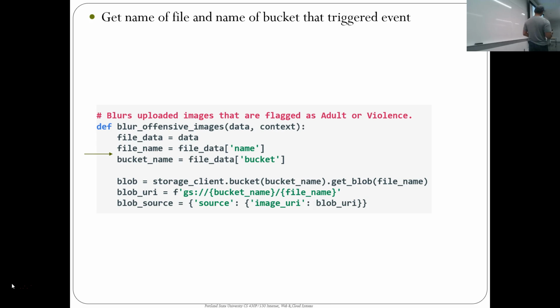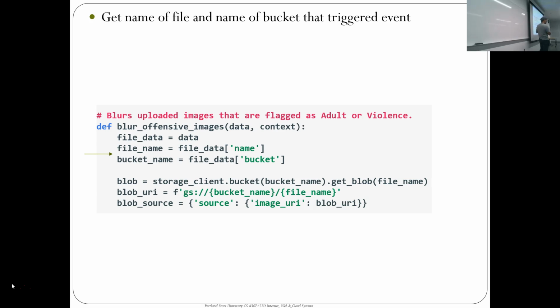The trigger that you're going to register is blur offensive images, and the function is going to be given... So when you specify the kind of trigger, it will specify the kinds of things that are passed to the Cloud function. When I specify the HTTP trigger in the previous one, it's going to send me the Flask request object as part of the parameter for my Cloud function. When this will be a storage bucket trigger,